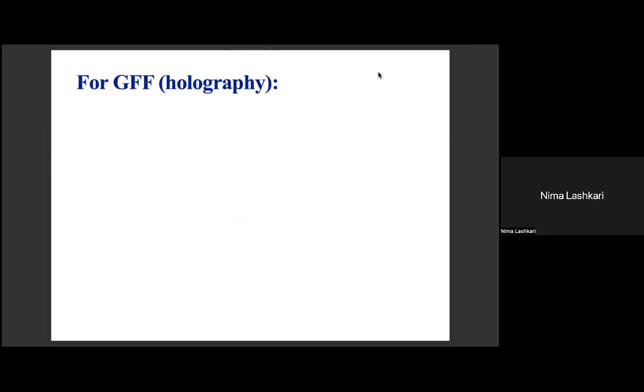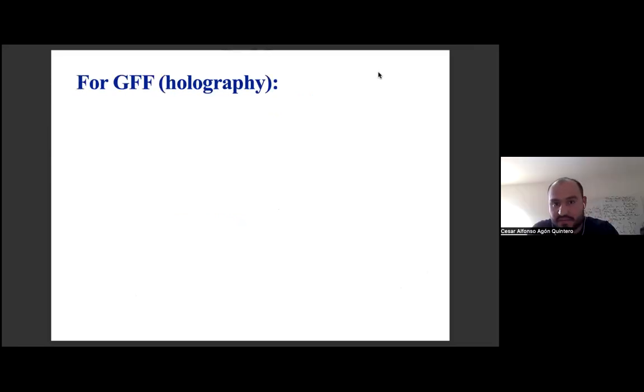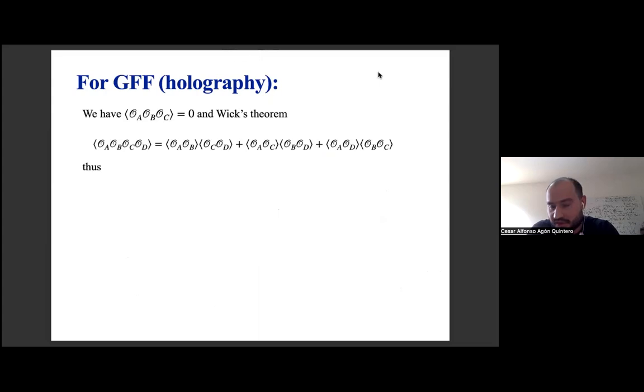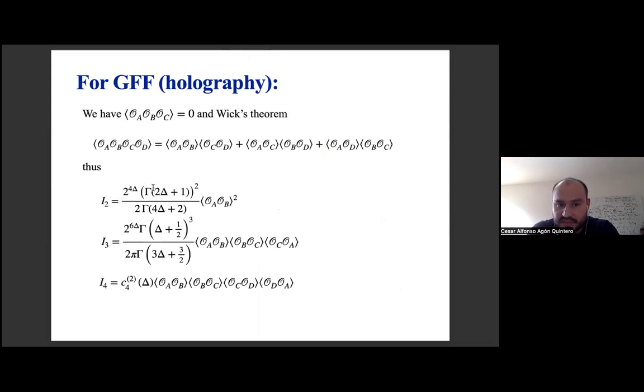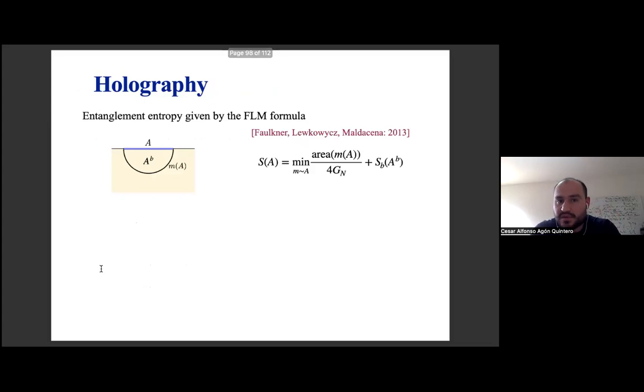Okay. So in holography, first, I think we can make a prediction quickly just by using our free theory formulas, keeping the scaling dimension arbitrary. At long distances, we have the prediction that I2, I3, and I4 are positive for generalized free fields, just because of the computations we did explicitly. However, what I would like to do now is see how these results are consistent with the usual holographic way of computing entropies. For that, we will need the Ryu-Takayanagi formula, or in reality the Faulkner, Lewkowycz, Maldacena formula,